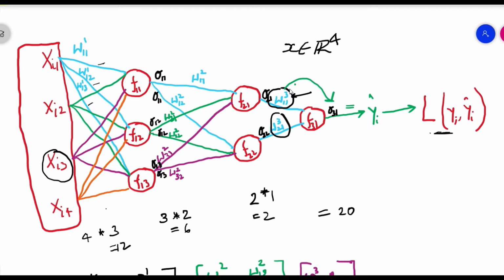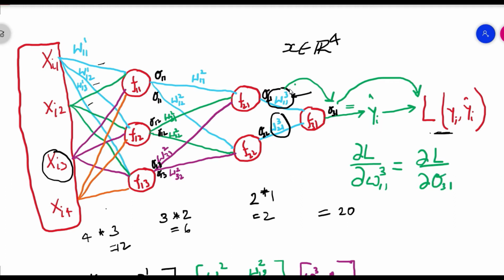Because W311 is impacting our output coming out of activation function 31, and this output is impacting the calculation that is done through our loss function, therefore the rate of change of our loss with respect to W311 will be equal to the rate of change of loss with respect to our output O31 multiplied by the rate of change of O31 with respect to W311 using the